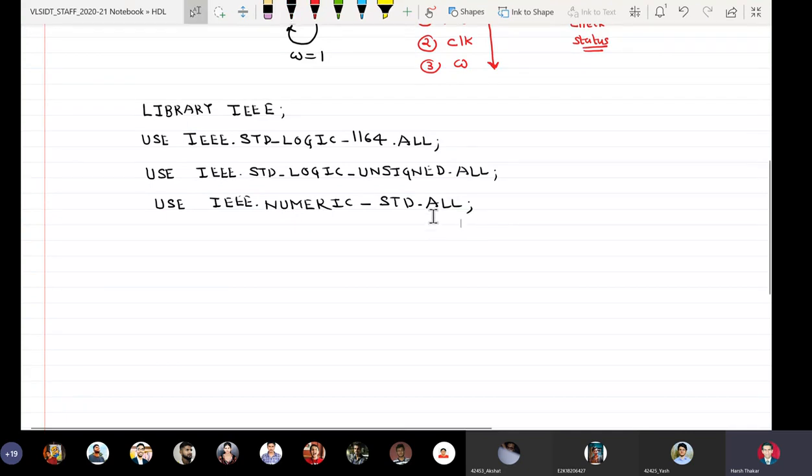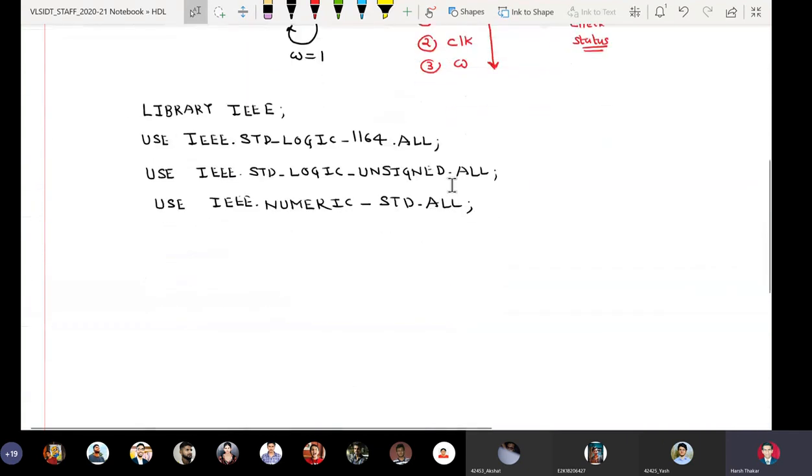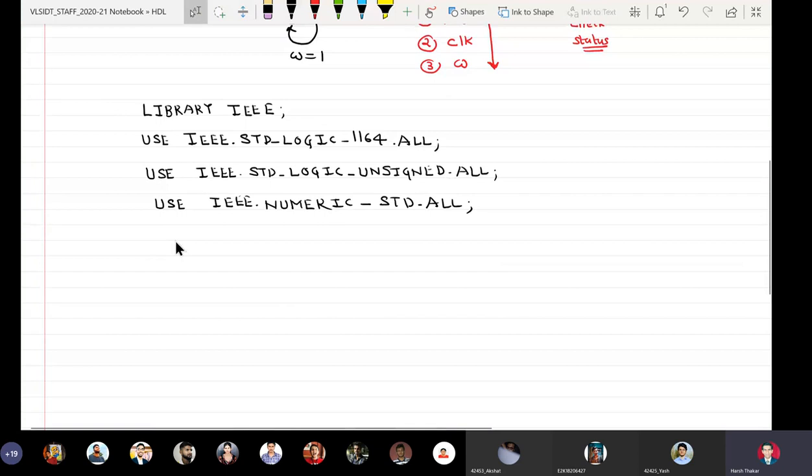These are the library statements, and then we will go on to write the entity declaration, which has three signals RST, W and CLK. So entity, space, entity name, so it is state underscore MC.